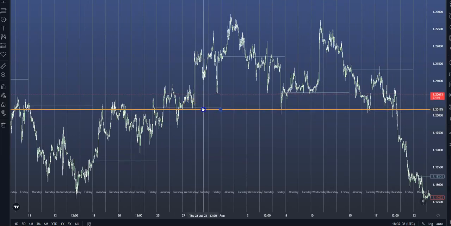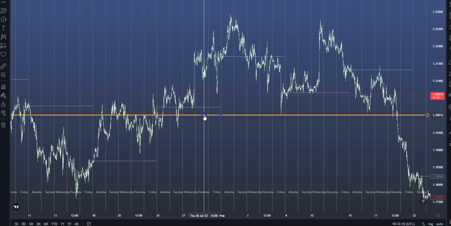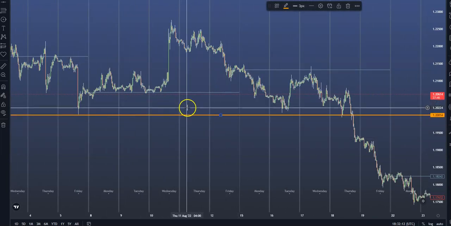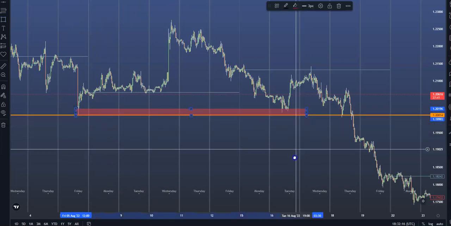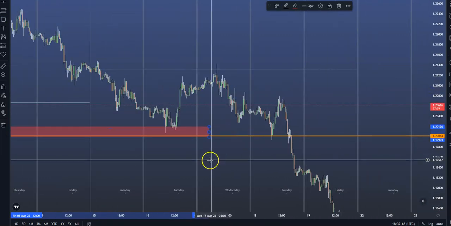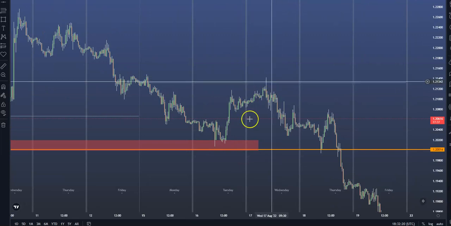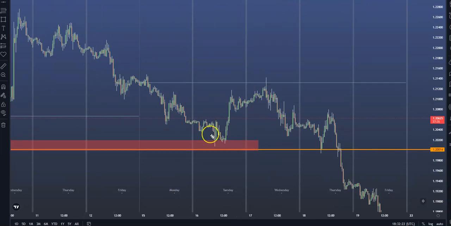We could probably adjust it a bit better, to be honest, around here. Let's say you're looking to sell into this wick, into this zone. You can work with this, whatever your strategy is. The point I'm trying to make here is about the opening price. You get in here after creating this double bottom or whatever, and then you're targeting that opening price because, once again, 83% of the time it'll touch this weekly opening price.